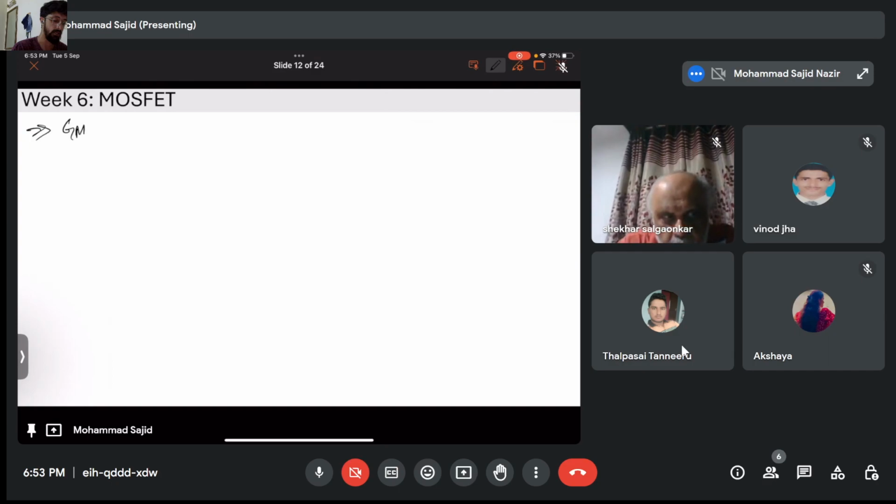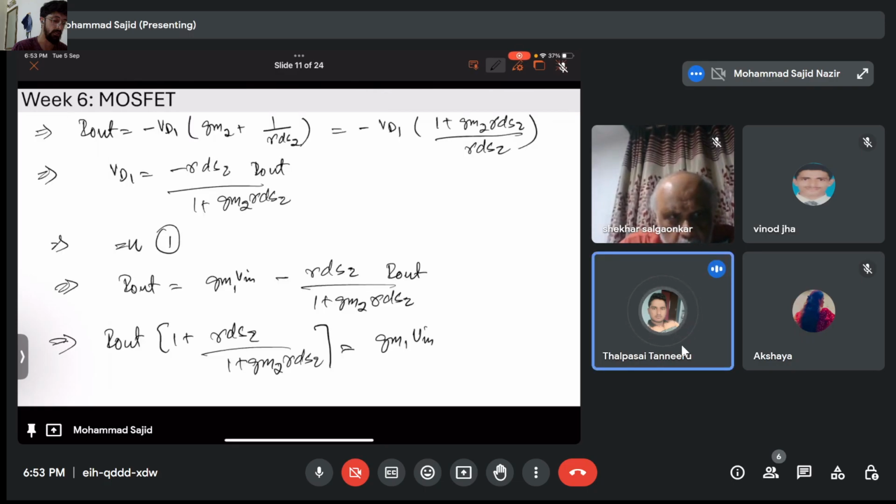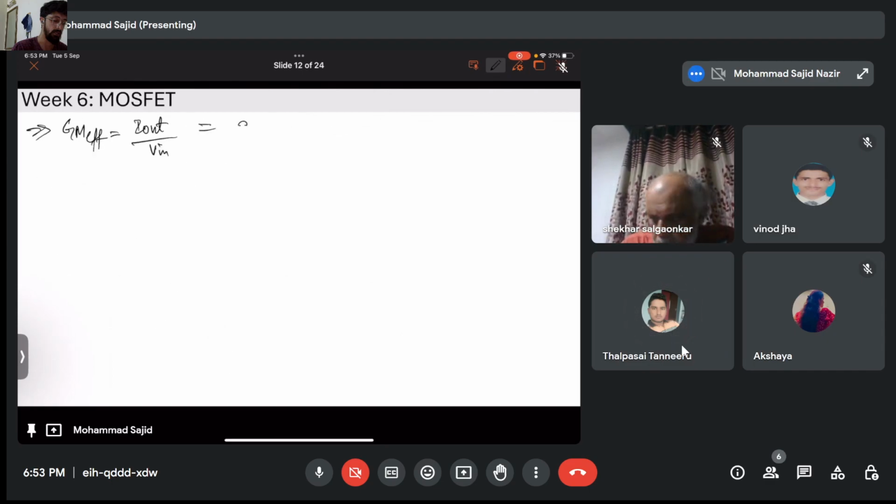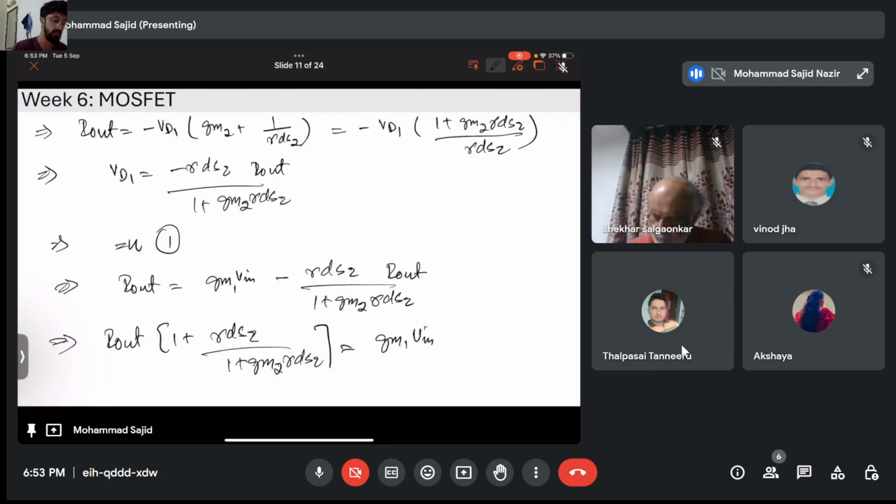So GM effective is I output by V in. Now you can see here I output by V in, that is GM1 multiplied by 1 plus GM2 RDS2 divided by 1 plus GM2. I have skipped one step, you can just follow it. 1 plus GM2, I multiplied it here, right? I have multiplied it here. Plus